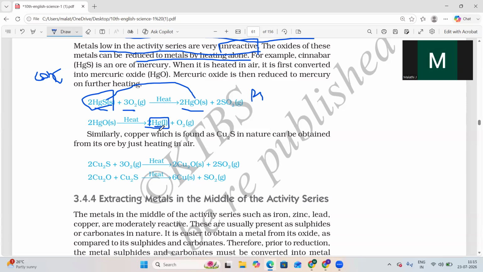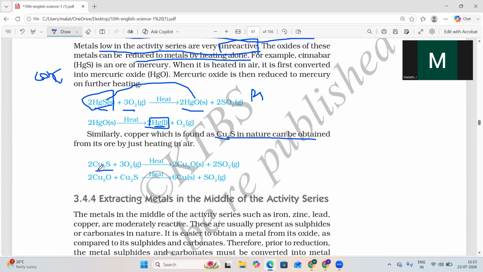So this metal again, you need to purify it to get pure metal. You should do refining. If you do refining, then we will get a pure form of metal. Second, another one: in nature, copper will be obtained in the form of